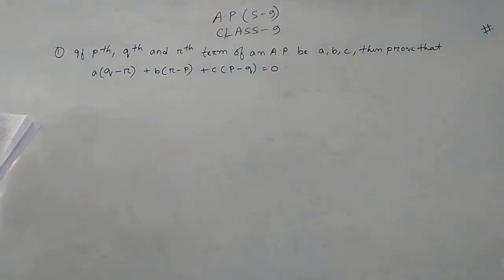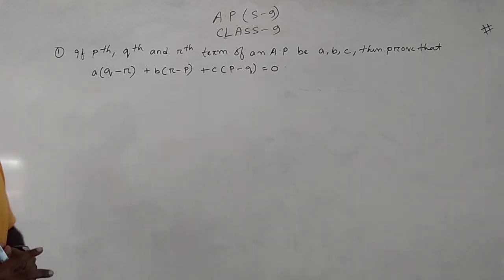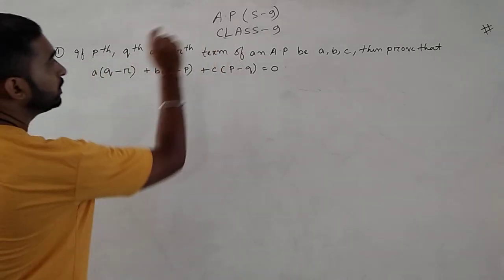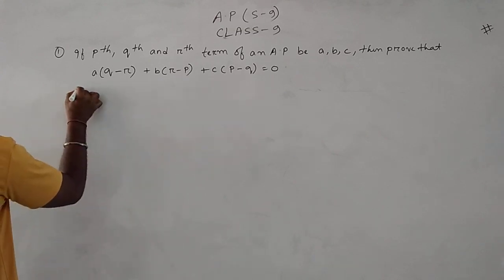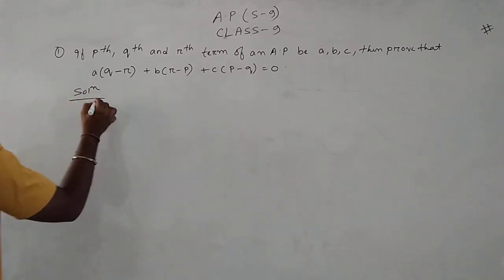If the pth, qth and rth term of an AP be a, b, c, then prove that a into q minus r plus b into r minus p plus c into p minus q is equal to 0. So here the pth term is small a, qth term is small b, and rth term is small c. We will prove this one equal to 0. As the pth term is given a, here we can't consider the first term equal to small a. That's why here let